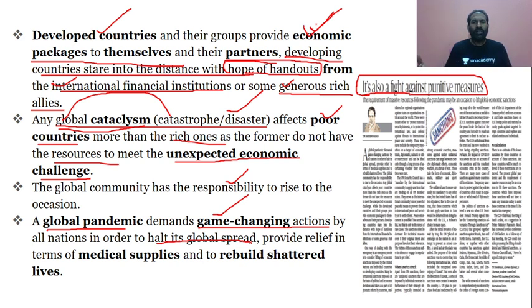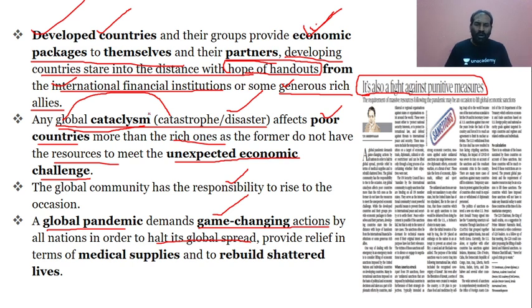Even though we are all independent sovereign countries, we are all coming together to fight against the global pandemic COVID-19, to make sure that there would be minimal impact on the health crisis. And what is important, the post of the health crisis is the economic crisis. Yes, that is what I started with, the economic package. This is what is important.